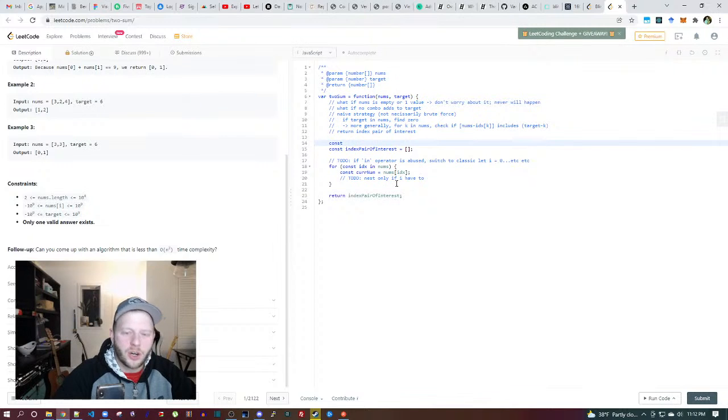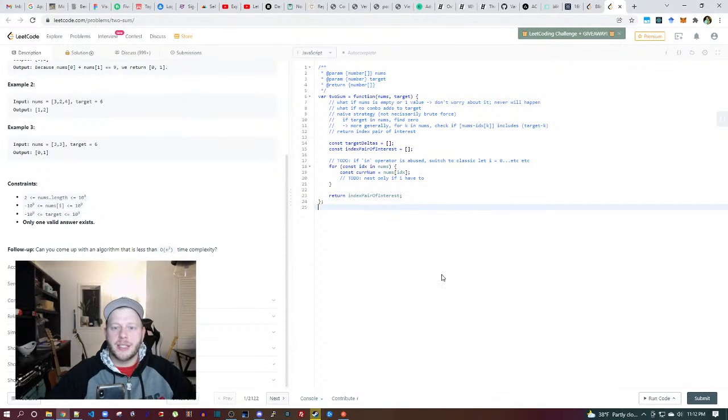Like target, I'm going to call this target deltas. And so what target deltas is, it's the array of these, like say that I get the 2, the value here would be 4. That's the target delta. And I'm just going to have an array of those. So that's a single pass. So then we can solve 2sum in a double pass, but I think a double pass is still O of n time, which is like way better than